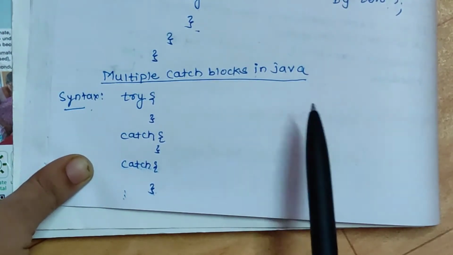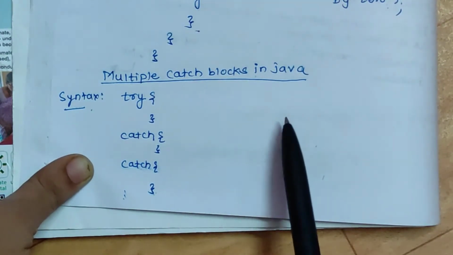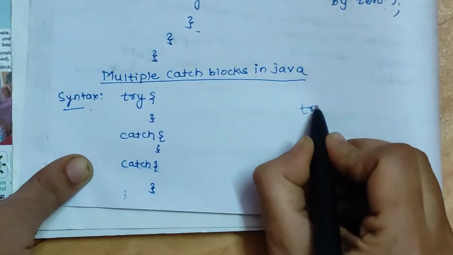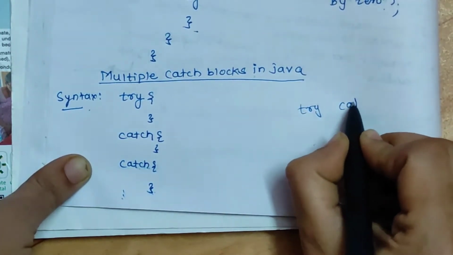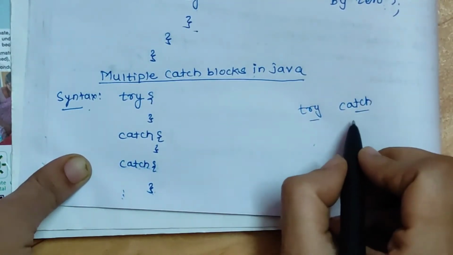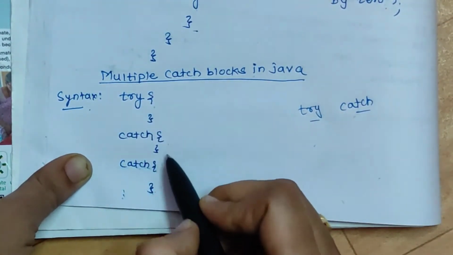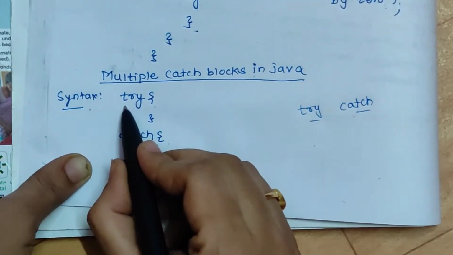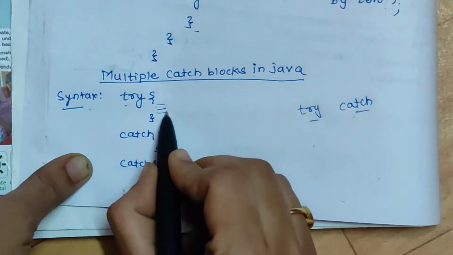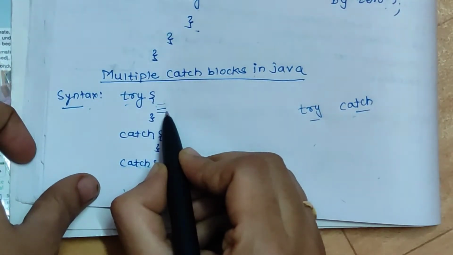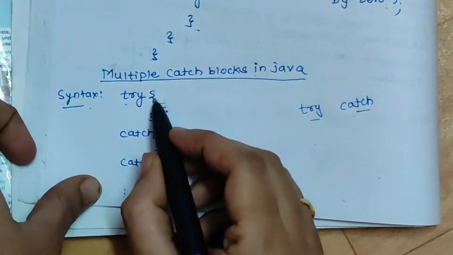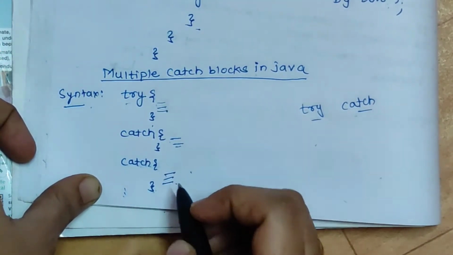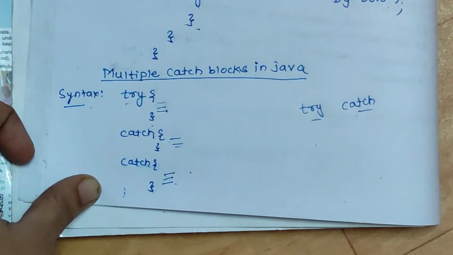That's why there is a need for exception handling, and to handle exceptions there are various mechanisms, out of which the basic mechanism is the try catch block. We are discussing a variant of this try catch block, that is a single try with multiple catch blocks. So this is the syntax of try catch block. Here you have to write the keyword try, then put the risky code, the code which may cause an exception, in this try block, and in the catch block you have to catch this exception. So this is the basic idea behind multiple catch blocks in Java.